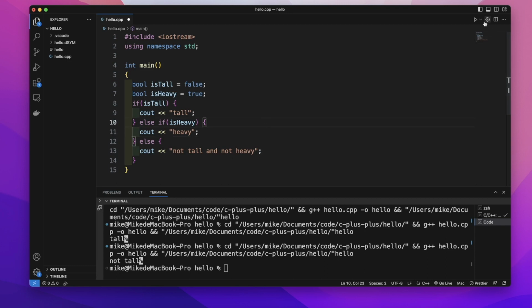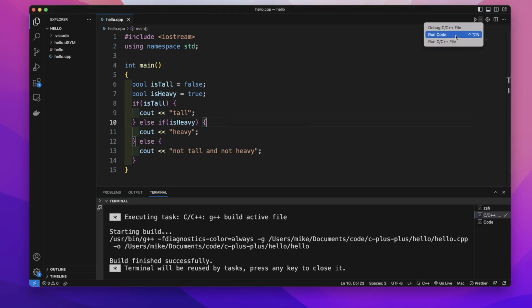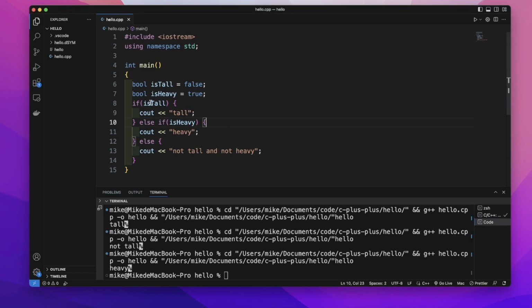So let's build this file and run this code. Because this if statement is false and this else if is true, then it will print out heavy in our terminal. So if we change this it's heavy to false, let's build this file